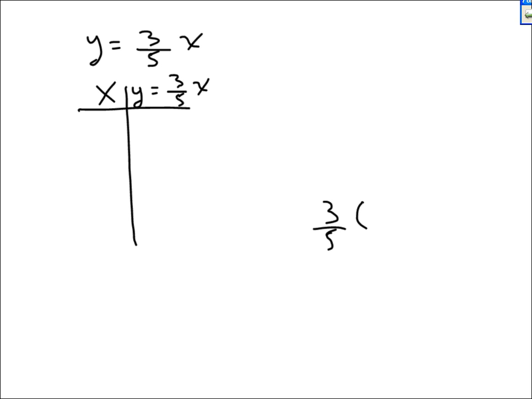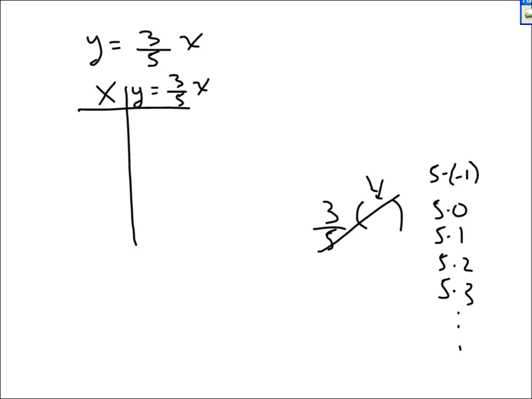You want to pick x values so 5 goes into them. 5 goes into every number on the 5 table, including the negatives. And you have 5 times 0, 5 times 1, 5 times 2, 5 times 3, etc. You have 5 times negative 1, 5 times negative 2, 5 times negative 3,